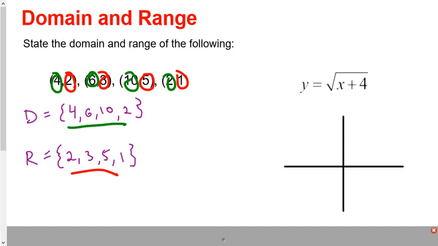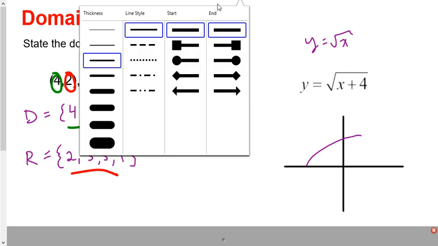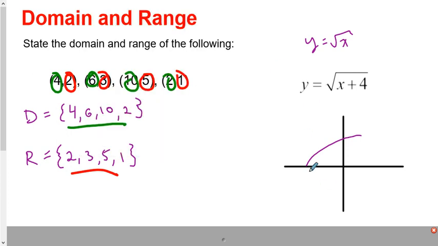This comes from our parent function. So our parent function would be y equals the square root of x. This one happens to have a plus 4 in there, which means it's translated 4 units in the negative direction. So instead of looking like this, it's actually going to be moved over 4 units in the negative direction. So let's say it would look something like that. And on our graph, this is going to be our spot where we've got negative 4 on our